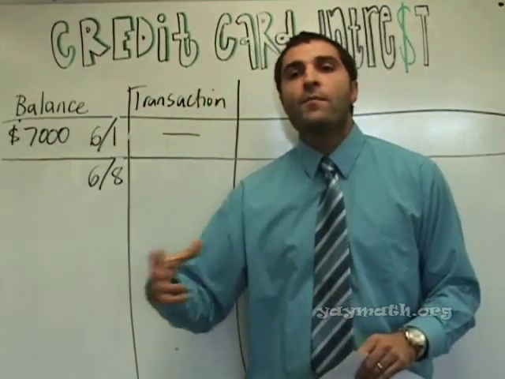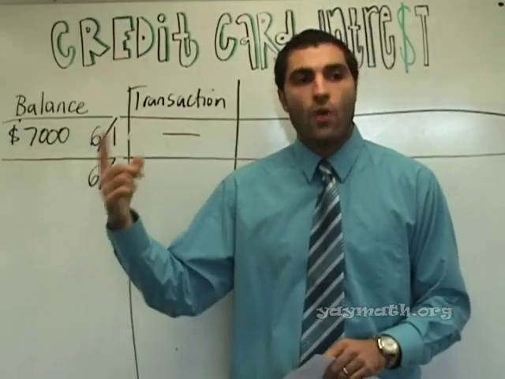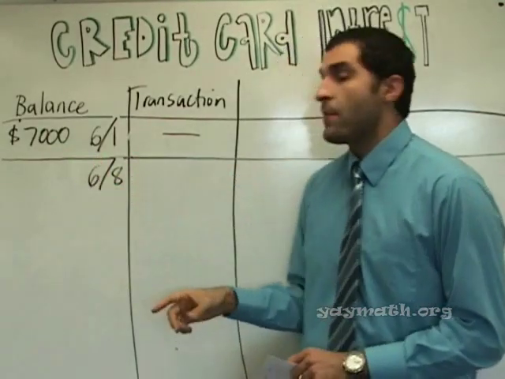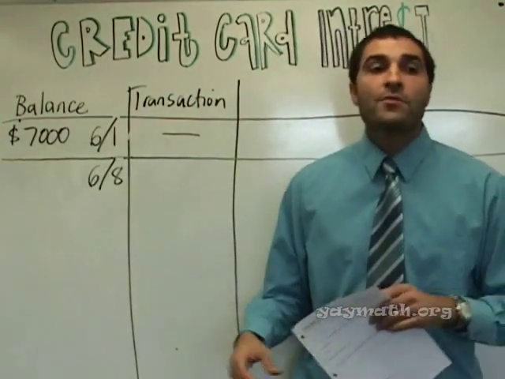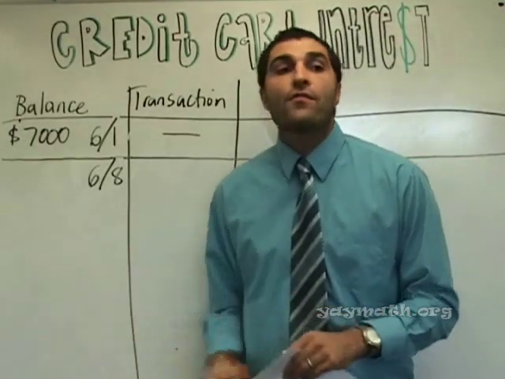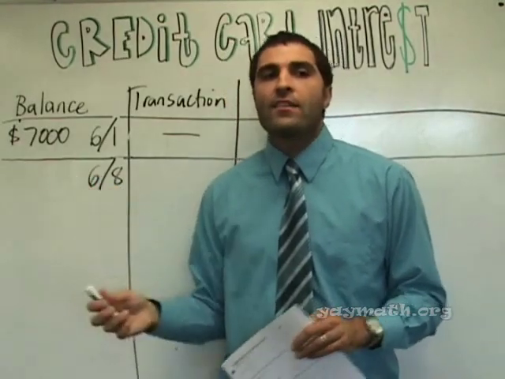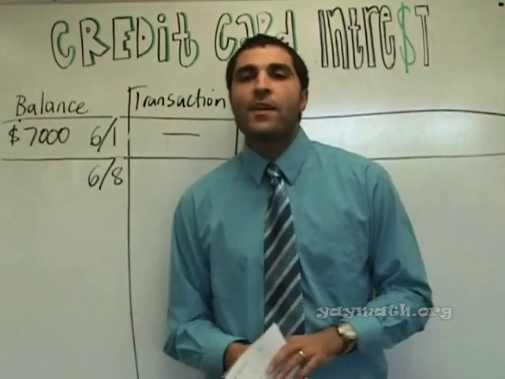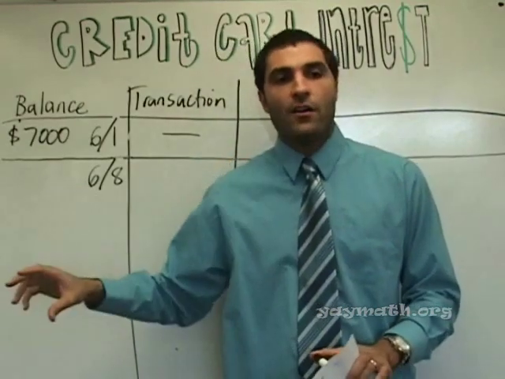So for the majority of the month, if we paid $6,000 early, we owe how much? $1,000, right? So for the majority of the month, we owe something less. Versus another scenario in which we paid $6,000 at the end of the month, let's say June 28th. Then for the majority of the month, we owed $7,000. The credit card companies know this. They basically charge you per day how much you owe.